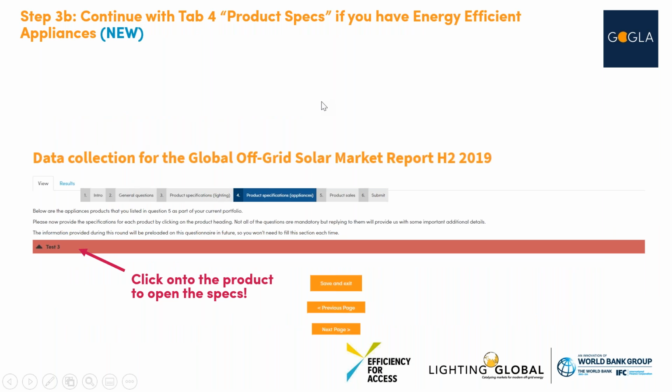Then moving on to the appliances, again, you will see that I filled in one product, which is called test 3, in the general questions tab. It shows up here, and you can click this tab. It's red because that means that not all mandatory questions are filled in. You will click on it, and then the drop-down menu appears. I will show you again